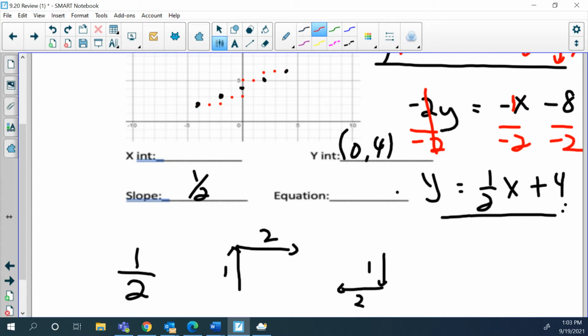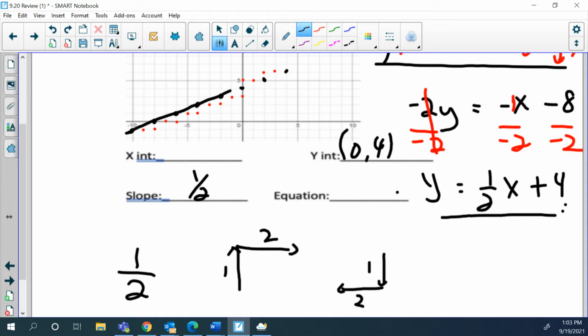And then I'm going down 1 and over 2. 1, 2. And I'm going down 1 and over 2. 1, 2. And just to make sure, I'm going to go through the x axis. Going down 1 and over 2. 1, 2. So you can see now if I draw a line, my line is going to cross